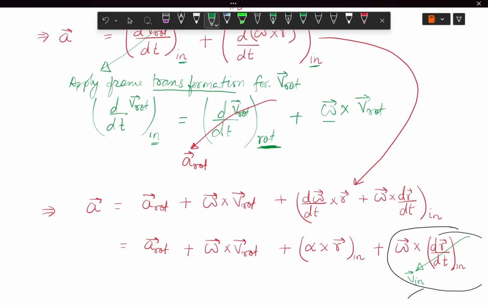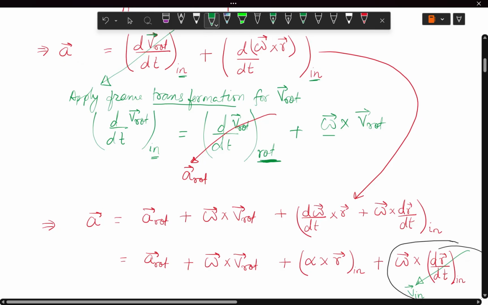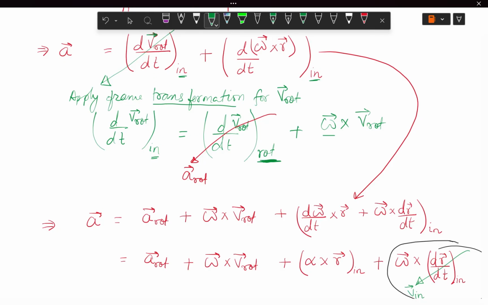For any vector, it is true. So here this vector is the VROT vector, right? Moving on. A vector is equal to, this I have written. Again, this frame transformation I have applied. So this thing can be written as this one, which is AROT plus omega cross VROT, right? So I have expanded this term. This is your this term